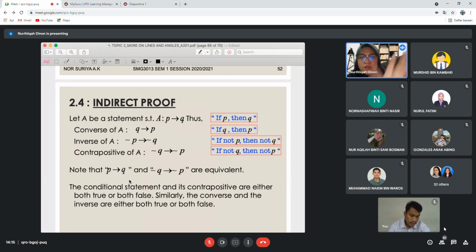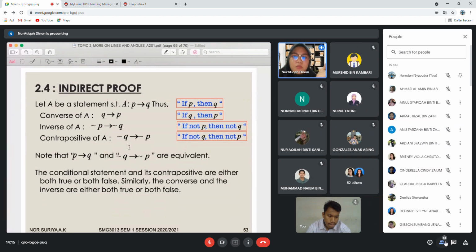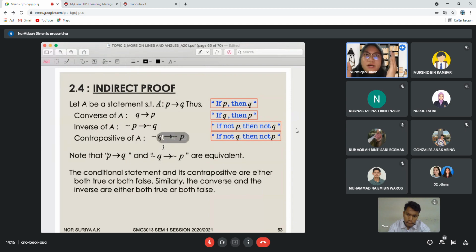For example, if we refer to the slide that you can see now, let's say the first statement is P and the second statement is Q. So to do the two column